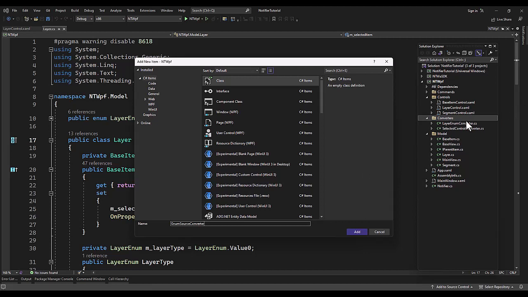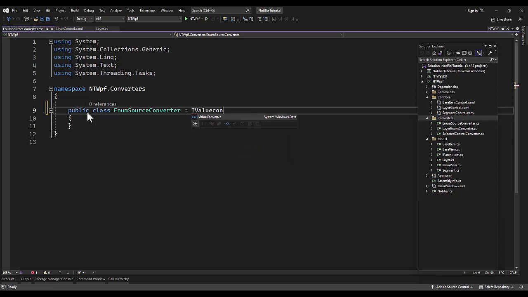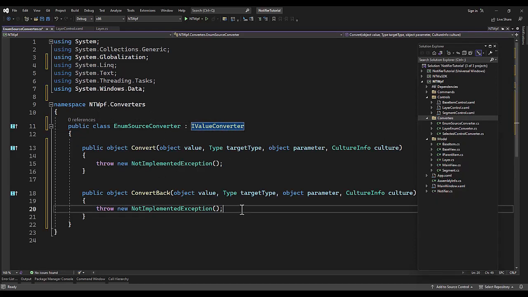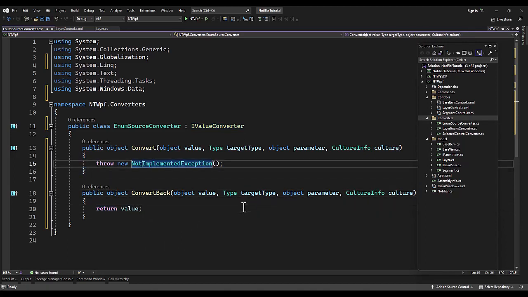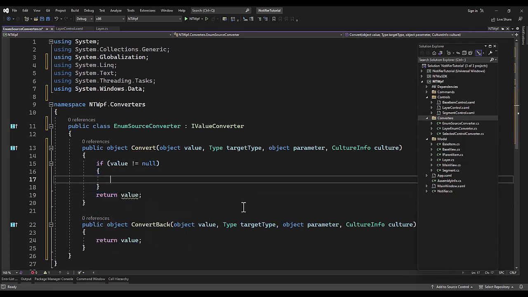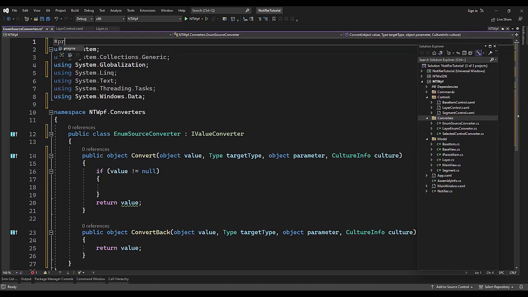Just add it to our converters folder. Go back here, public. Implement the interface. Right down here, we're going to return the value because we're not going to set the value, so you should never convert back. If the value is not equal to null, right down here, we'll return the value again. Jump up to the top. Let's do a pragma warning disable CS